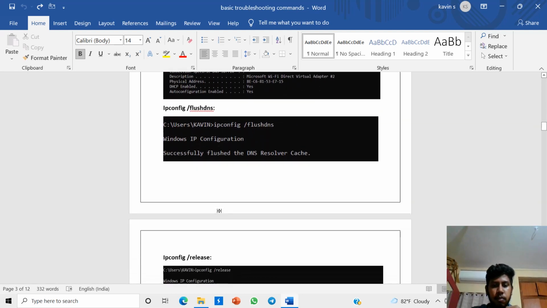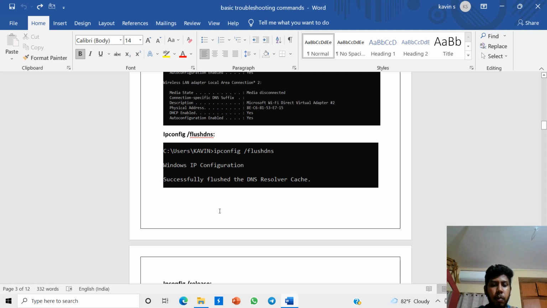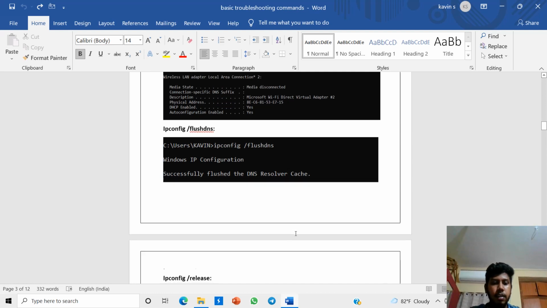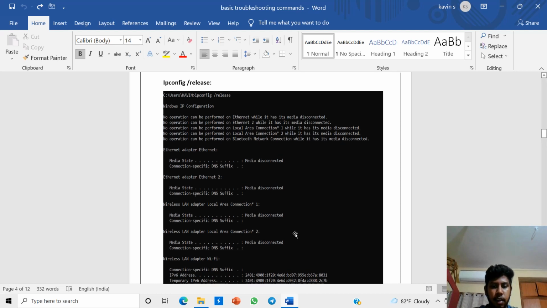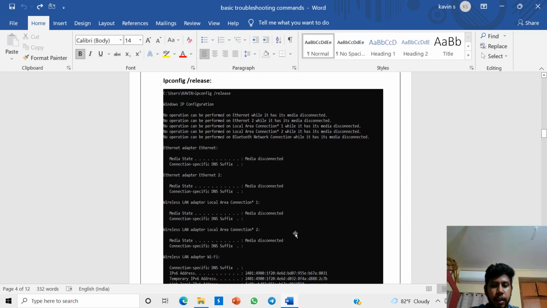ipconfig /flushdns: when you do an ipconfig /flushdns, your system clears all the cache of the name and IP entries and reloads them from the connected DNS server. After that, there is ipconfig /release. First, ipconfig /release is executed to force the client to immediately give up the lease by sending the server a DHCP lease notification, which updates the server status information and marks the old client's IP address as available. Then the command ipconfig /renew is executed to request a new IP address.